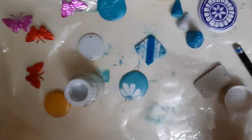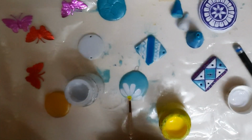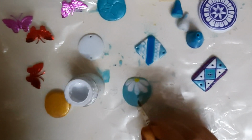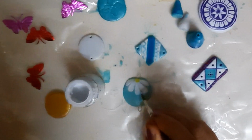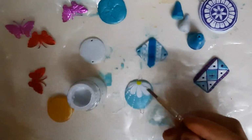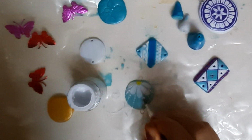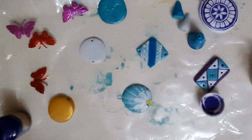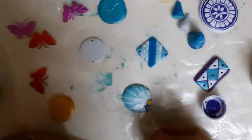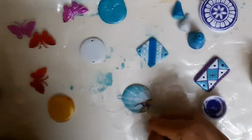So here also I have applied 2 coats of this petals. Now I am applying golden yellow and putting dots with the help of brush. So how are you liking it, guys? Isn't it awesome to create this beautiful handmade Rakhis? Now give this outline to the flower with ultramarine blue